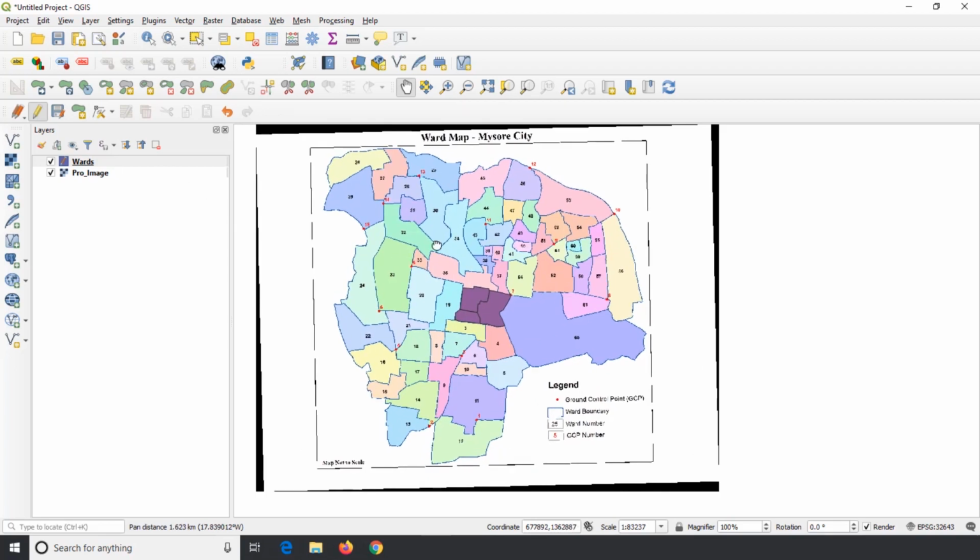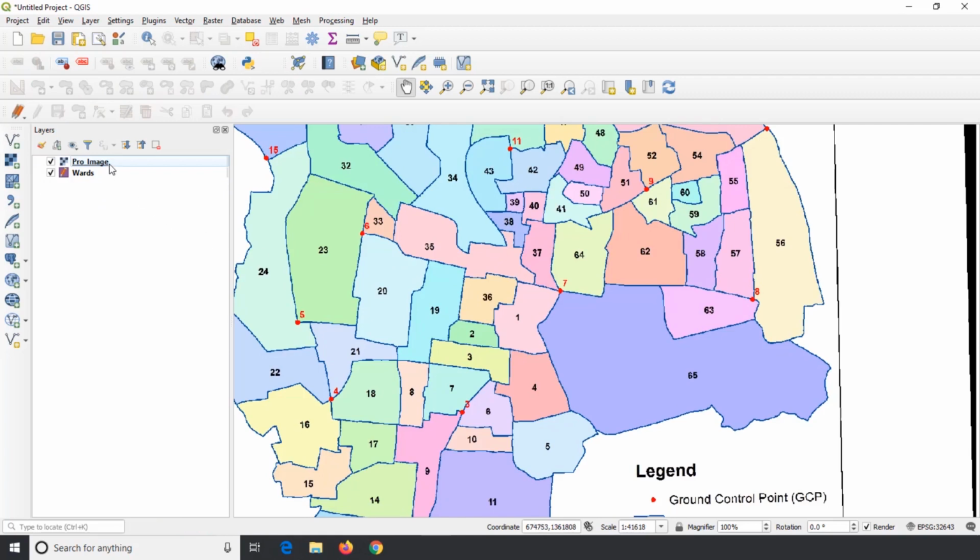By dragging the layer in the layer panel, we can change the order of layers on the canvas. For example, I am moving the wards vector layer down below the raster image. As the smaller area vector layer is arranged below the large area raster layer, the vector layer is hidden. By moving the vector layer on top, we can see it.